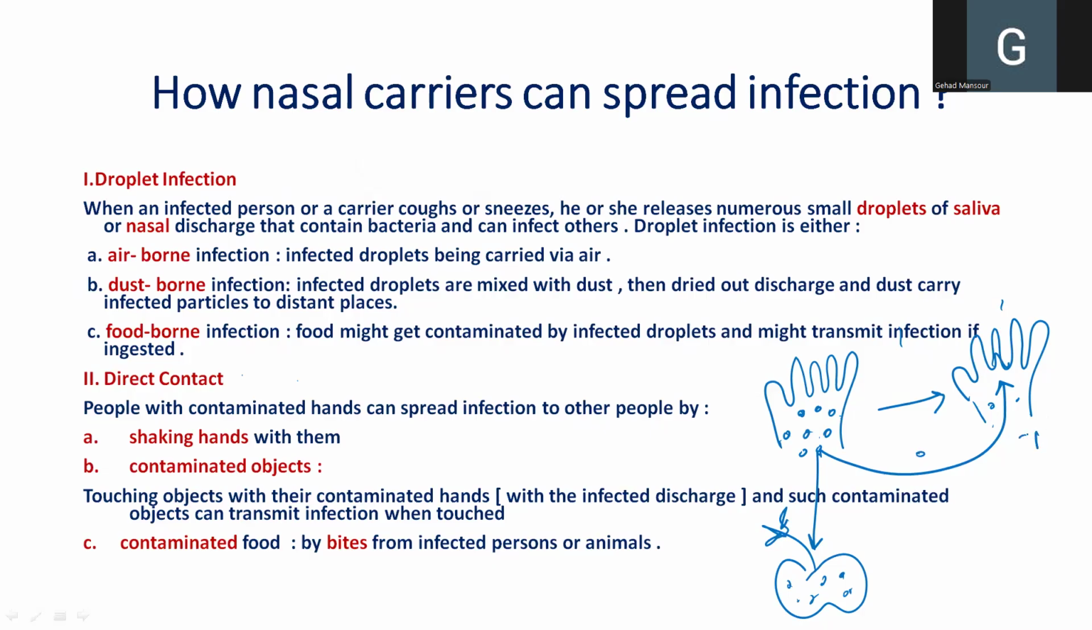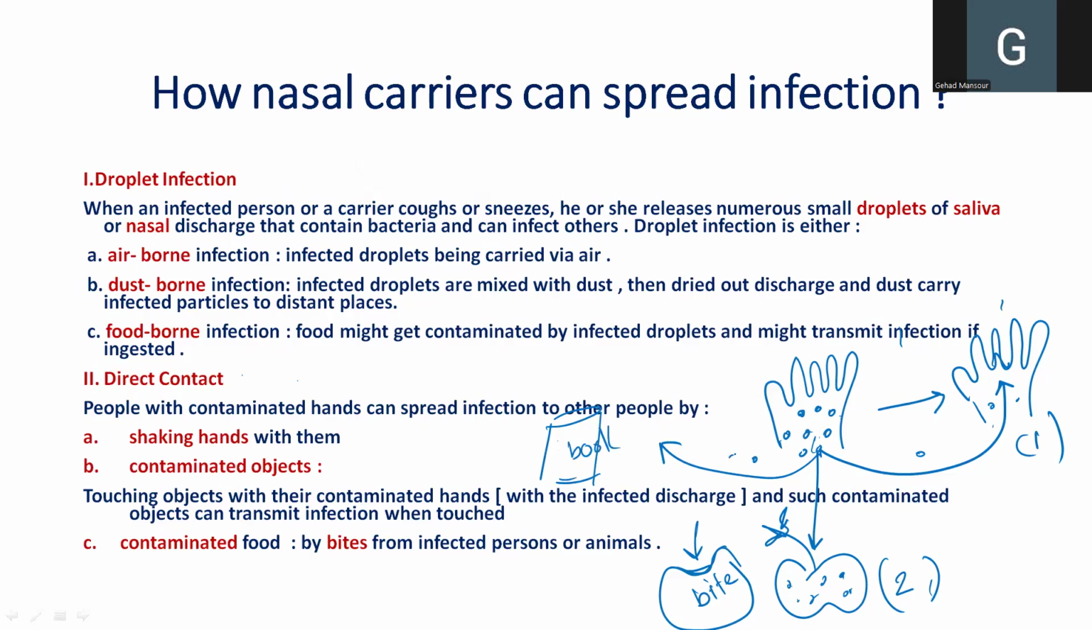So first of all, shaking hands is one way. Holding an object like food, for example an apple, but with food you also have biting. If this is your bite, then your saliva has been transferred. And the third one is objects. For example, if you hold whatever, a book, for example, and you have transferred the bacteria onto that book, then whoever holds that book will be